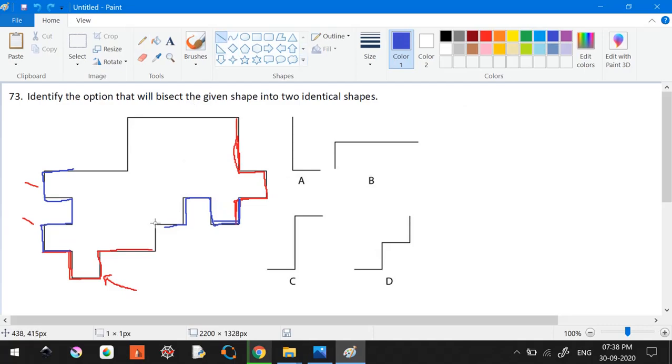So let's see, we are sure that we need to have a line here. If I extend it further, okay, and let us say I keep it here, and let me close this here. Okay, which means I have a box kind of projection here also. So if I check this with this also, what is happening here, if you see this particular shape,